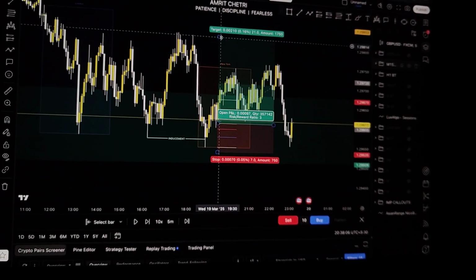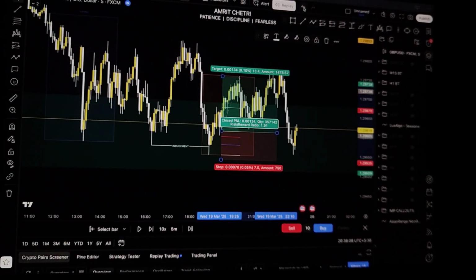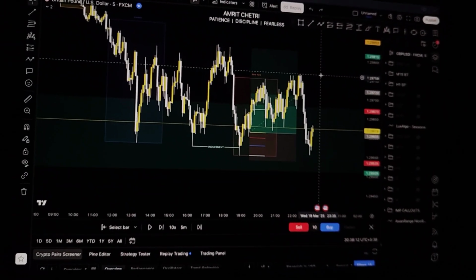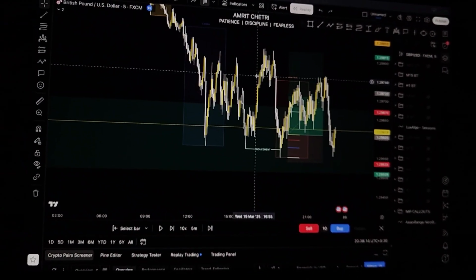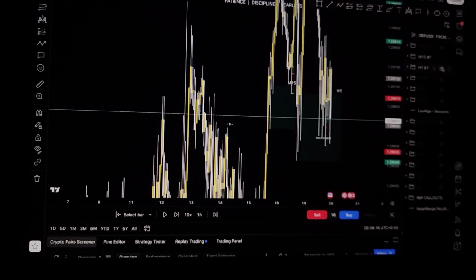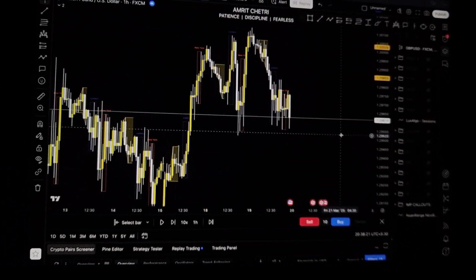So this trade was literally a break-even trade, to be honest. This was a New York session trade. I am backtesting the London session, so this trade I will not journal it, but obviously this was a valid trade, and maybe I would have taken it in the live market, so I thought of showing it to you guys. So yeah, that was the trade.